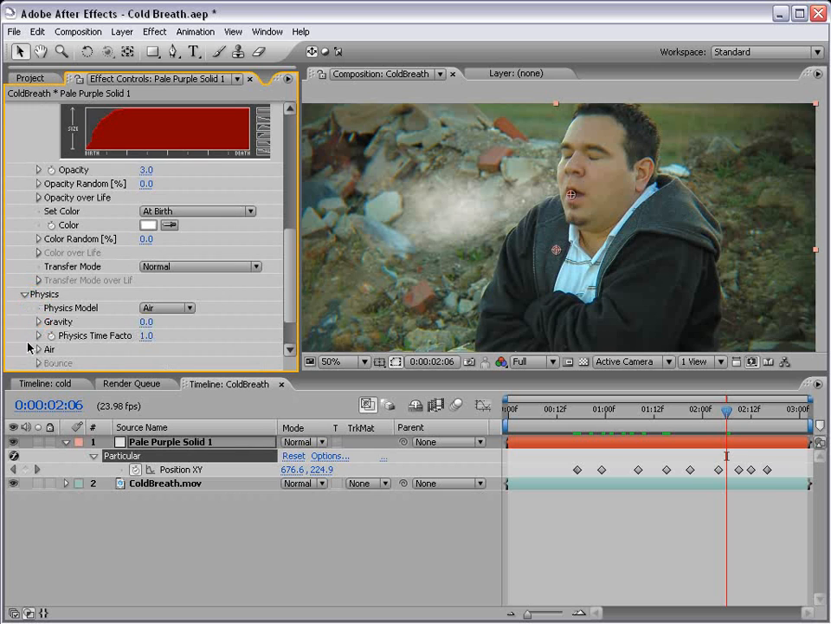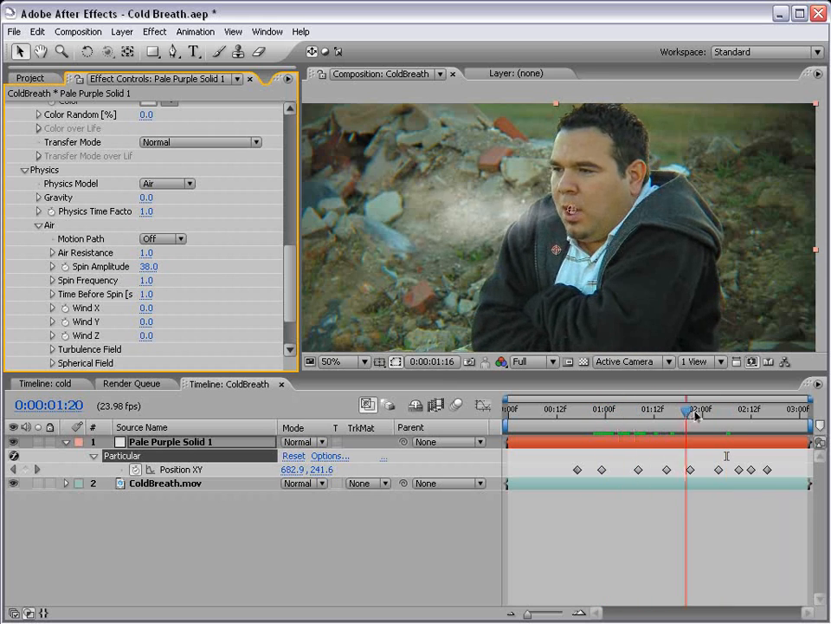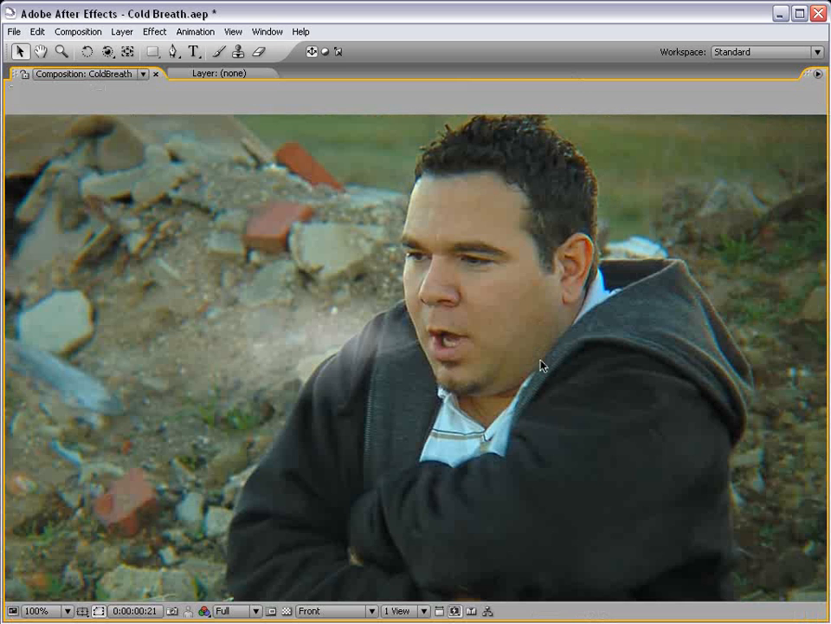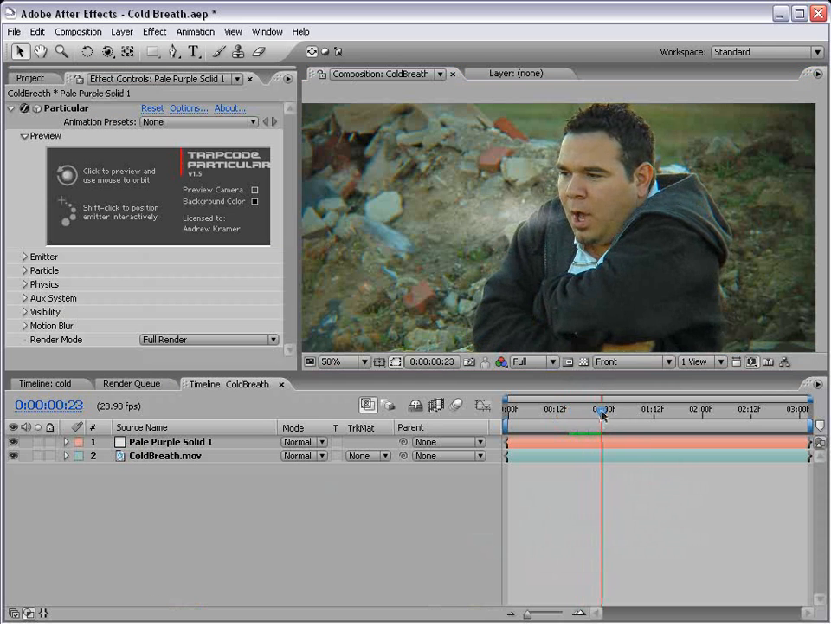In the physics air properties, there's a spin amplitude, and what that'll do is kind of make the particles disperse. So I'll just increase that a little bit, and that way they kind of flutter away. Okay, so this is looking pretty good, but what we want to do is make the particles come out while he's breathing. And so what we'll do is go right before he kind of opens his mouth, and we'll bring